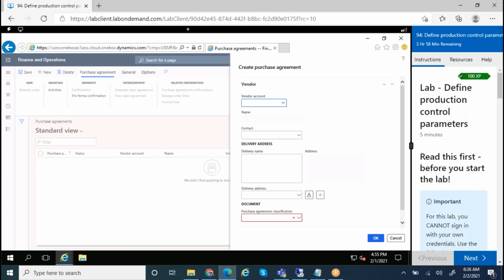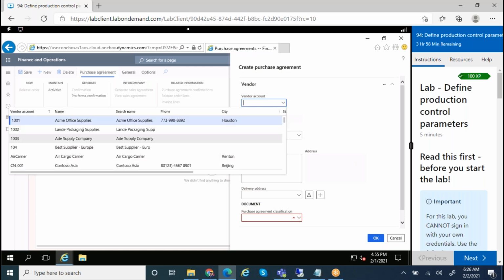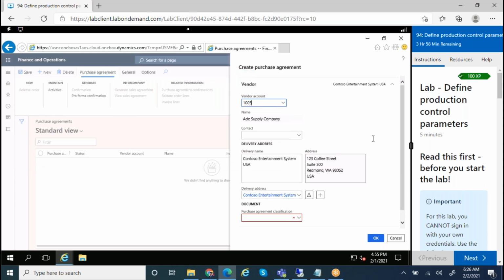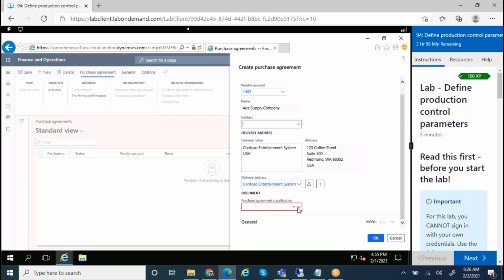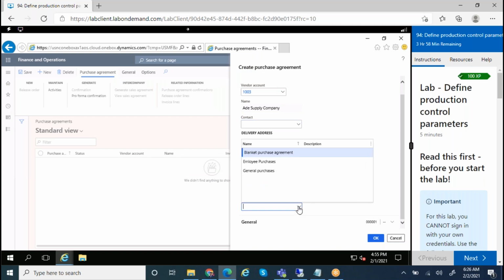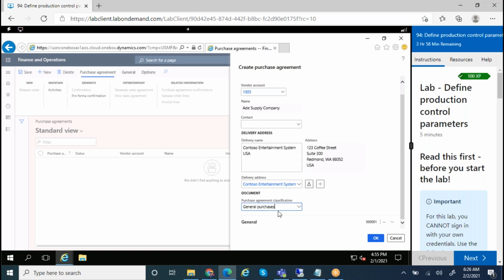Select the vendor account, suppose 1003. Here inside purchase agreement classification, this is for reporting purpose. So you can select anything. It's not much intelligence, but general tab